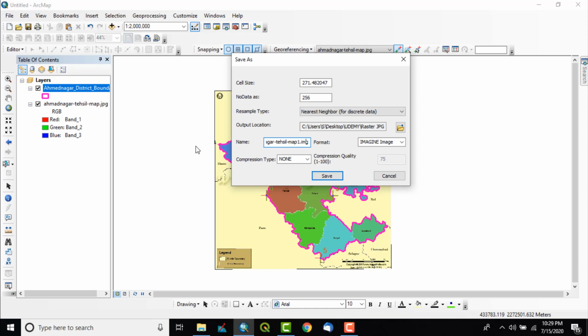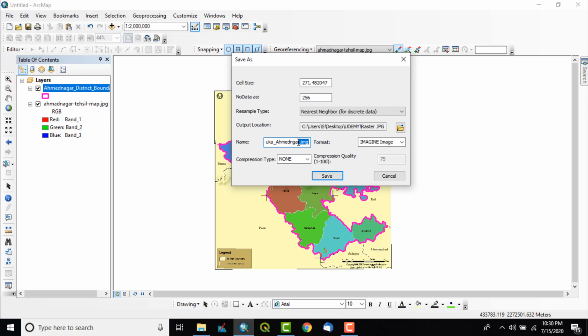Suppose Taluka Ahmednagar .img. This is important because this is the format of this newly created raster file.